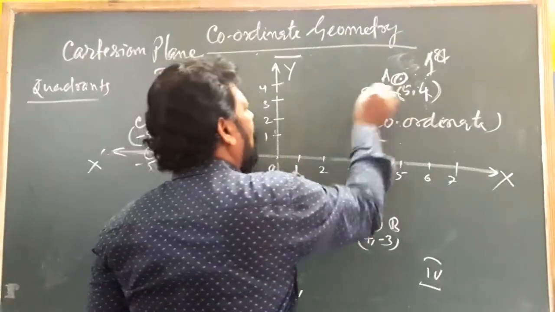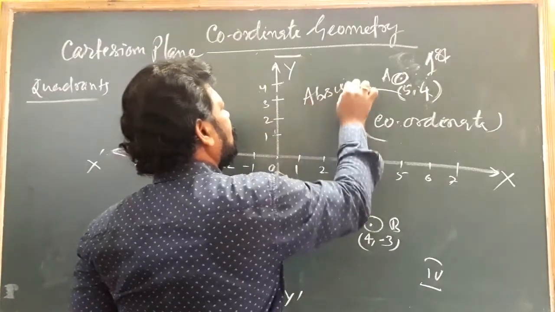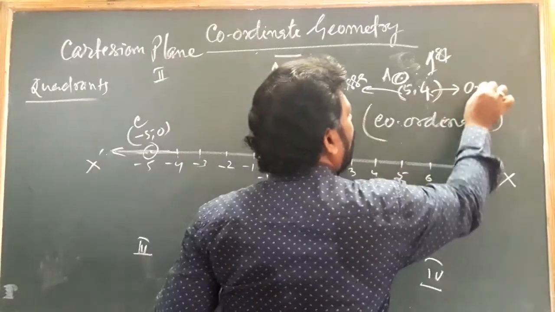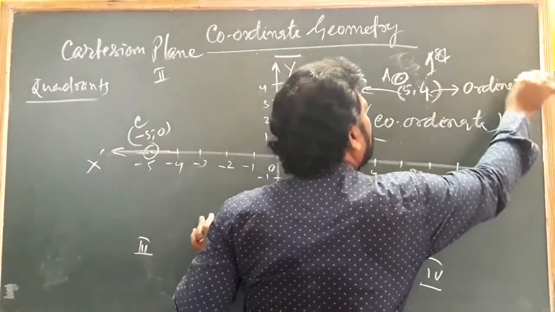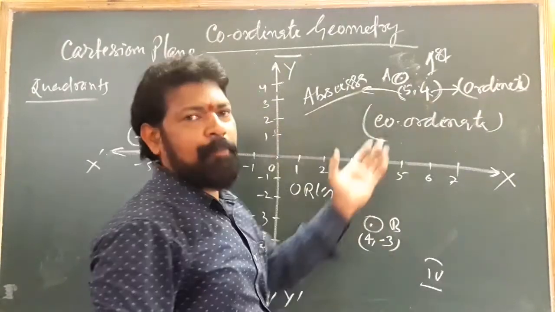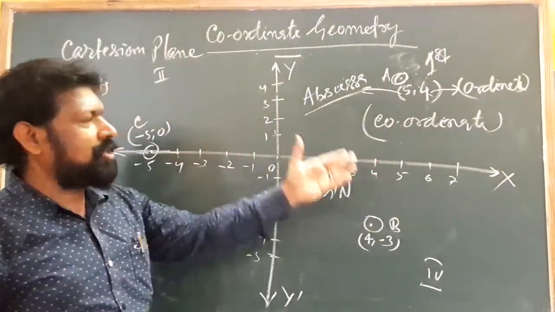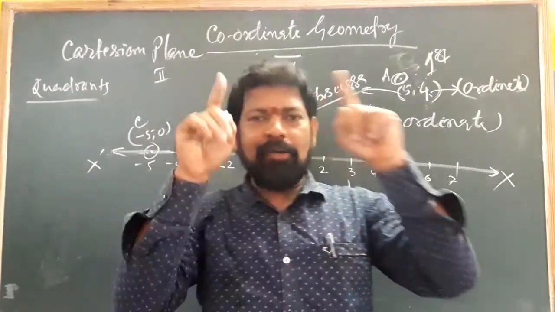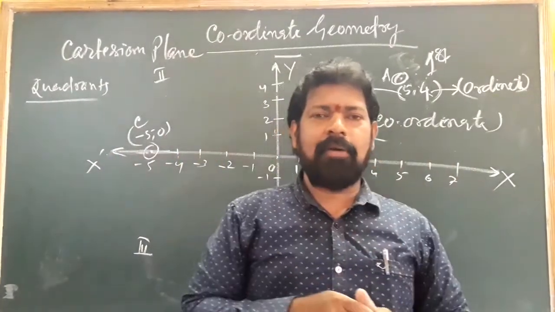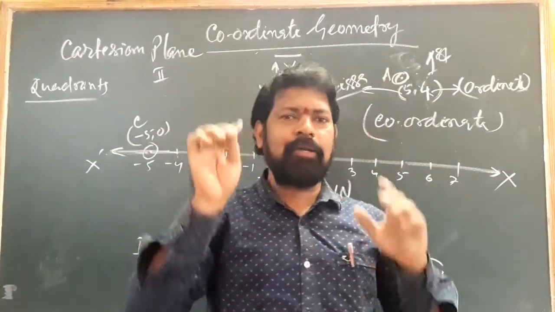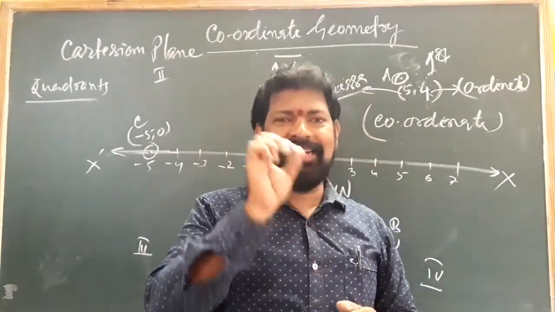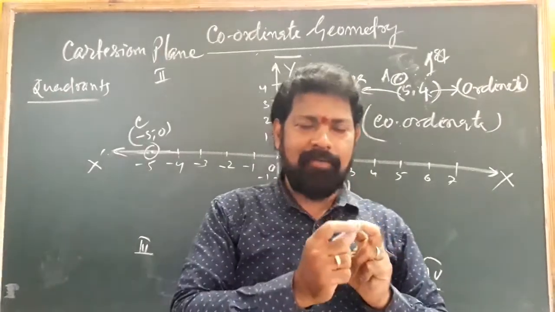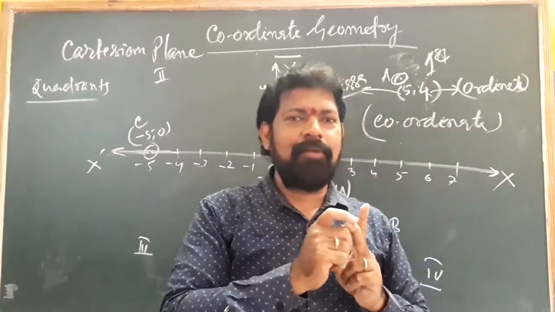X value is called your abscissa, and y value is called your ordinate. So using abscissa and ordinate, you will be locating any particular point. So this is the general concept of coordinate geometry, that a particular plane will be divided into a number of grids, so that any particular point on the specific plane you can find its address, and the address contains only 2 values. First is x value, second is y value. X is called abscissa and y value is called ordinate.